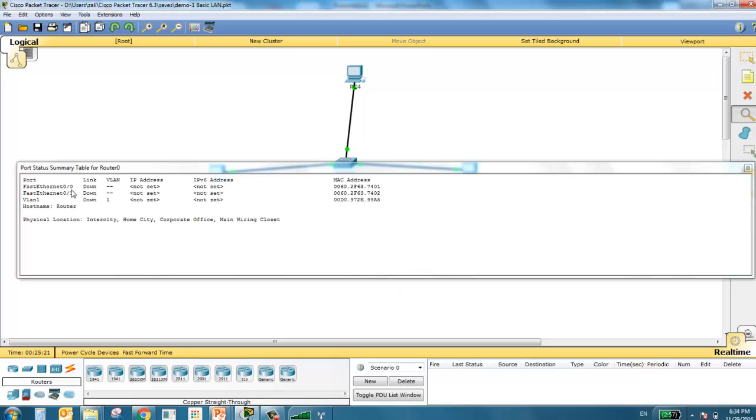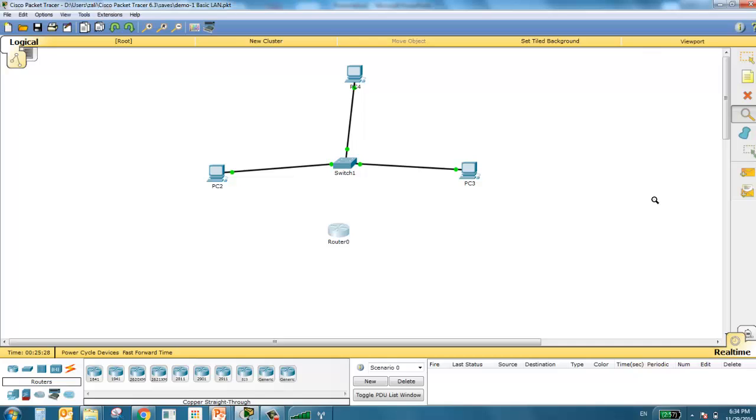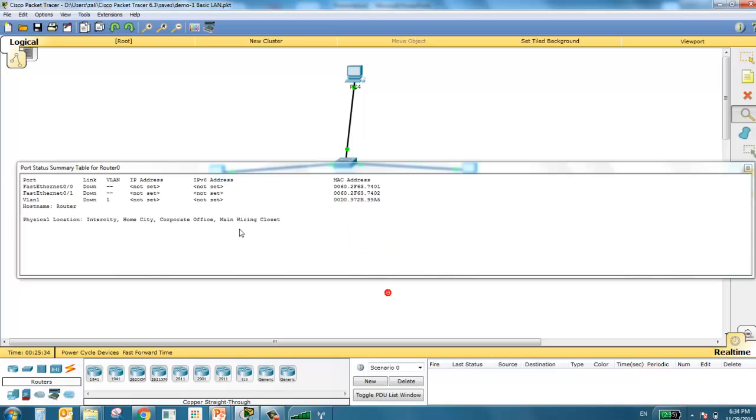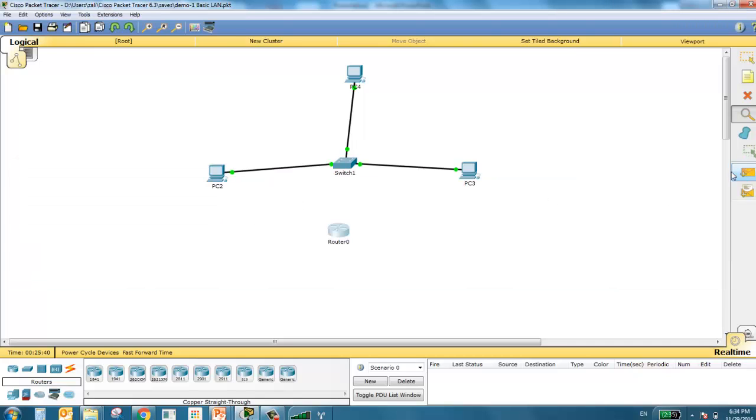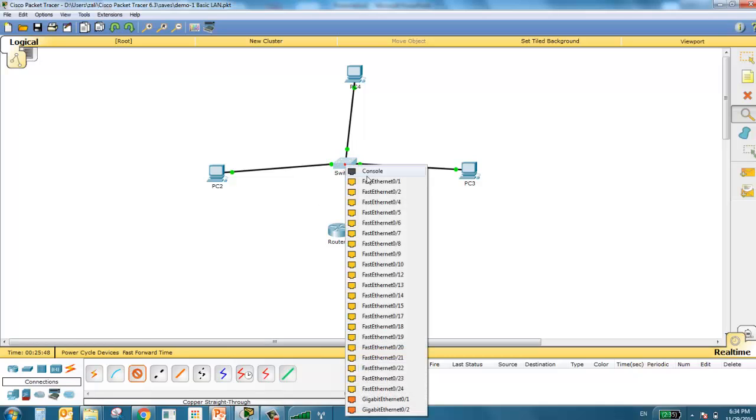So we have two fast Ethernet and no serial ports. This is fine for this demo, two fast Ethernets. And if I go back here, you need to know their names. It's fast Ethernet 0/0 and fast Ethernet 0/1. To connect the switch to the router, you need a straight copper cable. You can use any